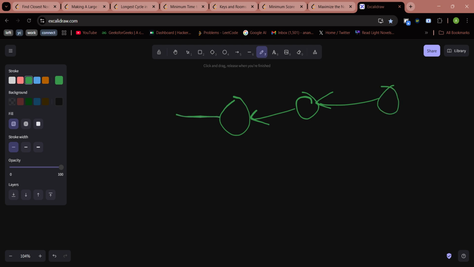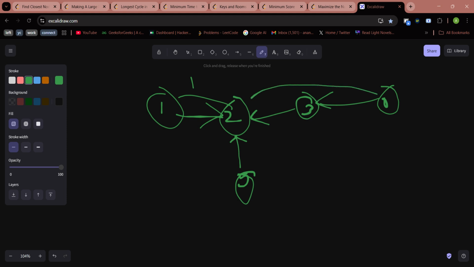Okay, then we have node 1 as here, 2 here है, 3, ये 0 है और ये नोड है मेरी नोड 5 फॉर नाउ। अब नोड 1 की जो डिस्टेंस नोड 2 से है वो है 1 और नोड 0 की जो डिस्टेंस है नोड 2 से वो है 2। इस केस में हम इन दो नोड को कंसीडर कर रहे हैं टेस्टिंग के लिए। अब जो बेस्ट आंसर है ये नोड 2 है हमारा।